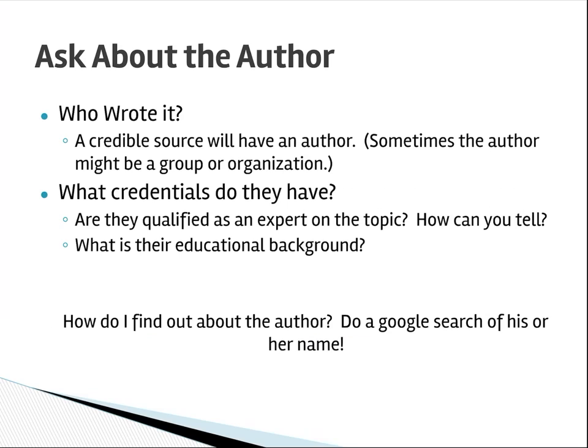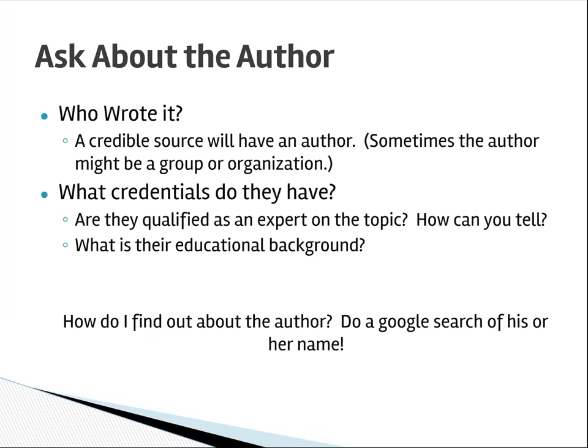so that's where we're going to start. The first thing we're going to ask is, who wrote this source? Your most credible sources are going to have an author, an identifiable person or at least organization that is taking responsibility for this information. When you have an organization, let's say it just says staff reporter, Associated Press. You then need to check into the reliability of that organization. The Associated Press is a well-respected organization. We're cool there.